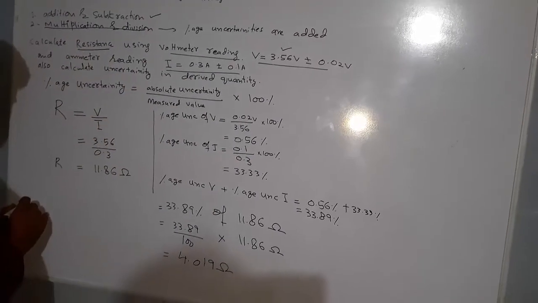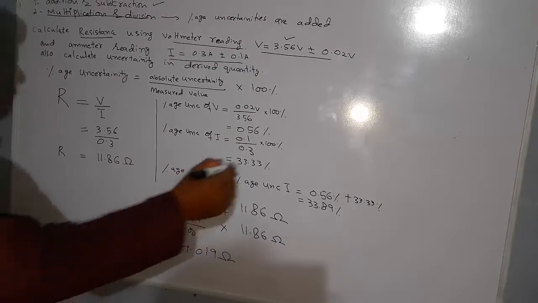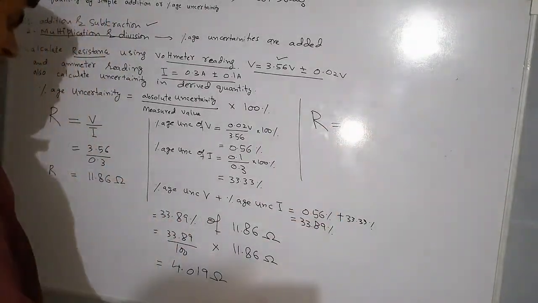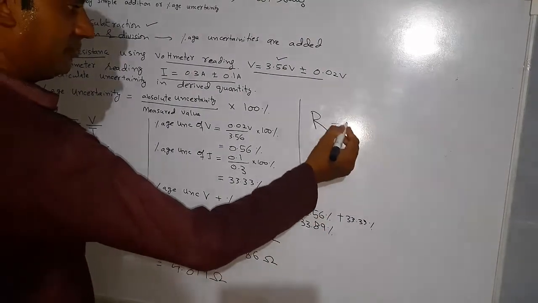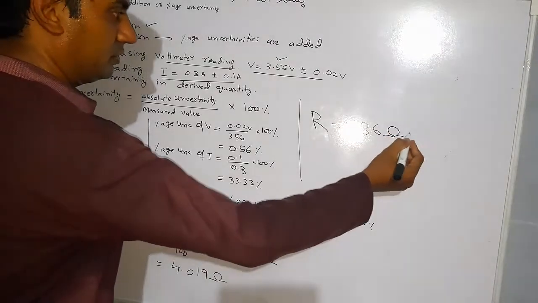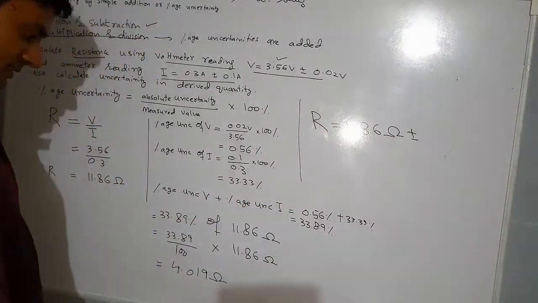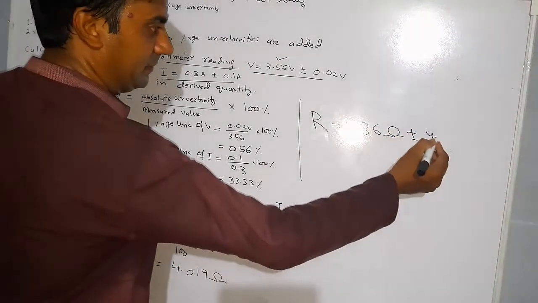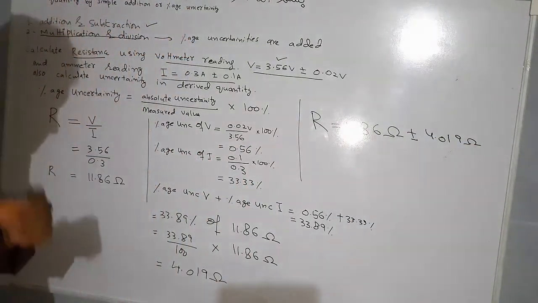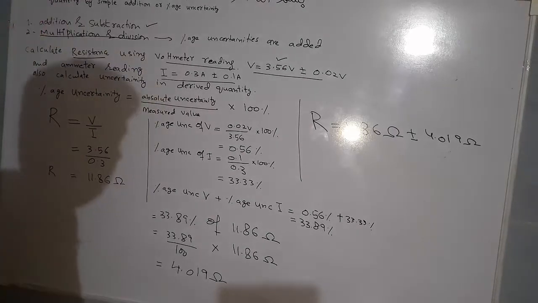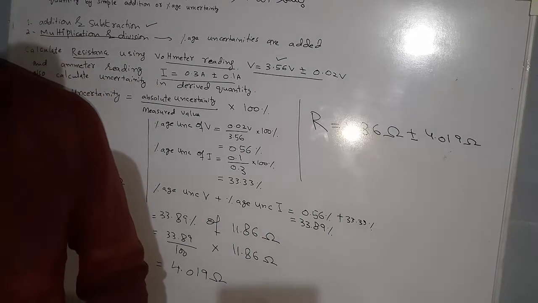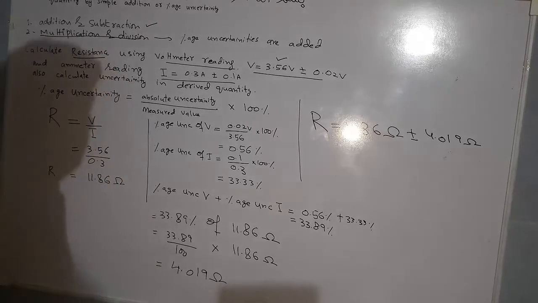So we finally write the resistance as 11.86 ohms plus minus 4.019 ohms. Now most of the time in CIA they will ask for the final answer up to an appropriate number